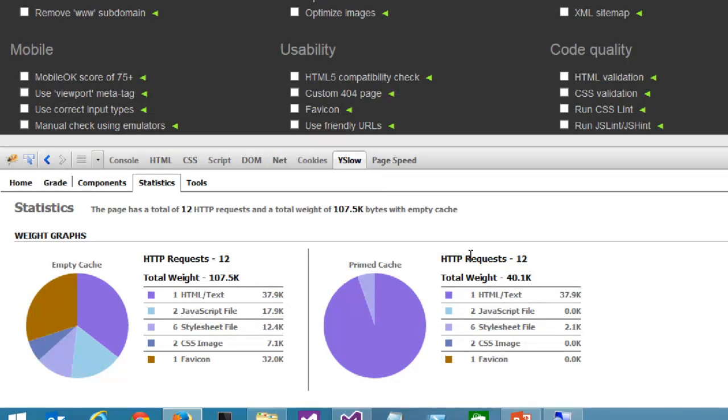Nothing is cached in the user's browser. So the first time a user hits the website, the browser is going to download 12 artifacts, and it's going to be 107 kilobytes. The next time the same user comes in with the same browser, we have a primed cache, and we still have